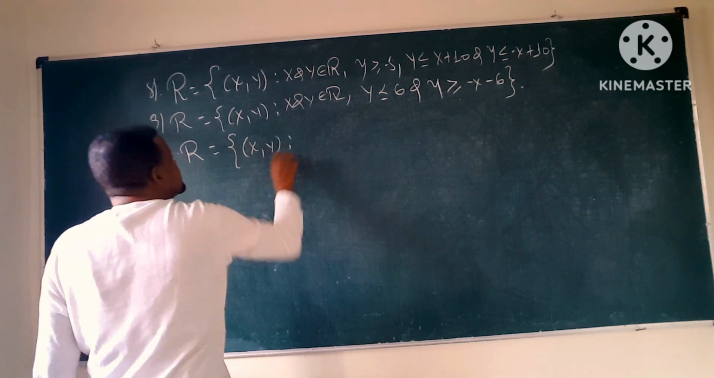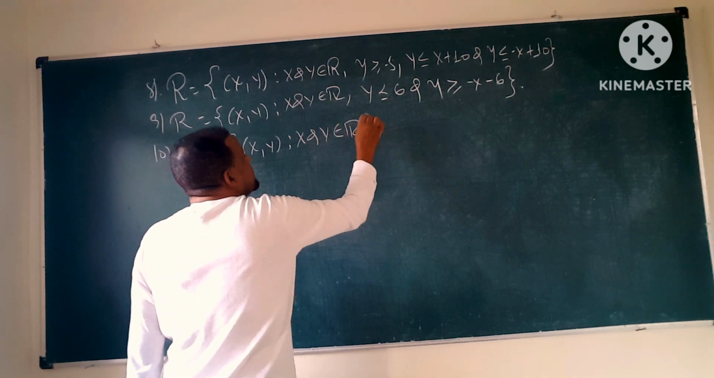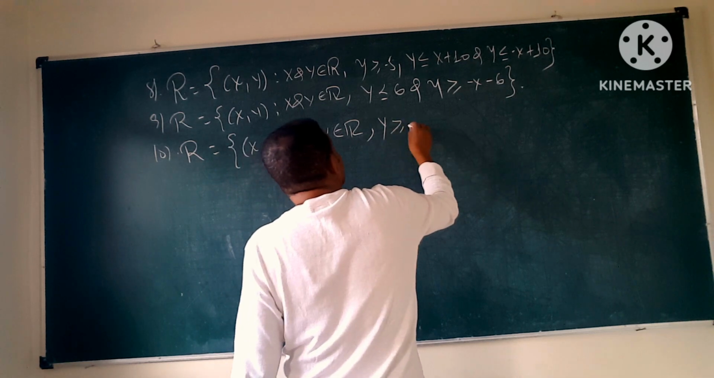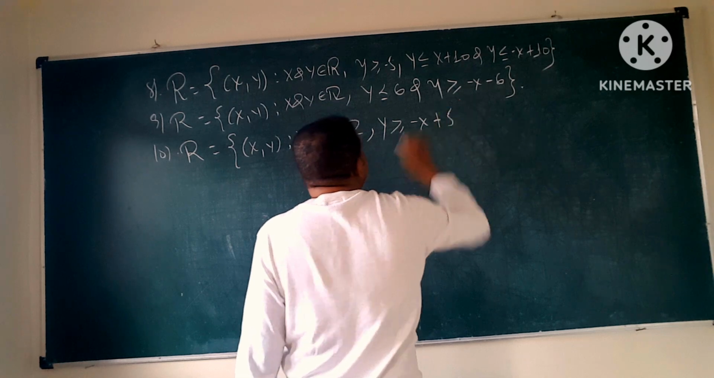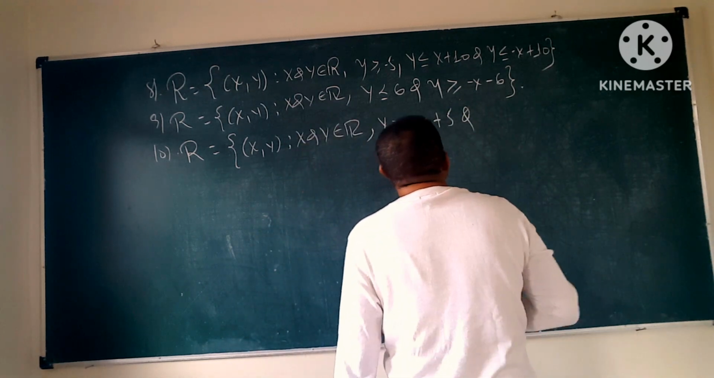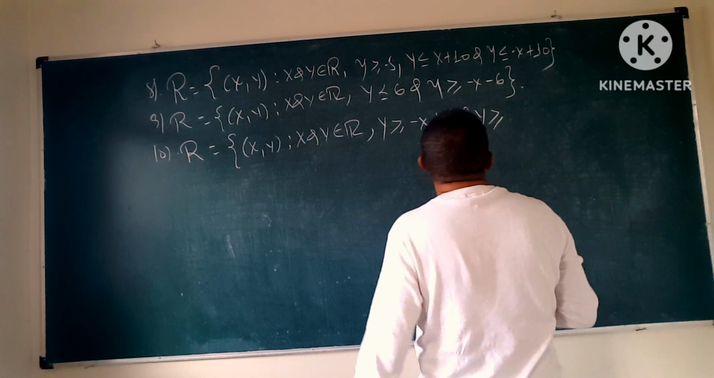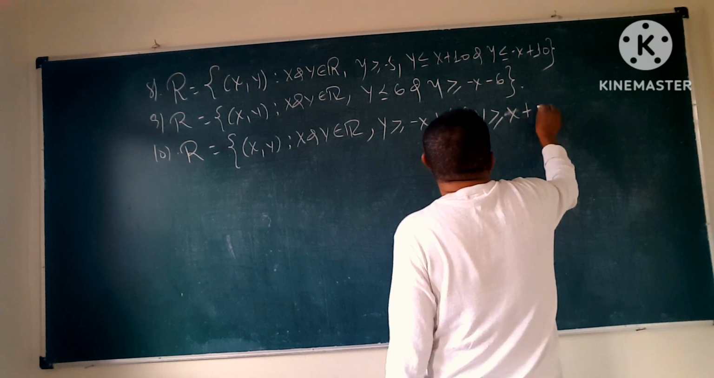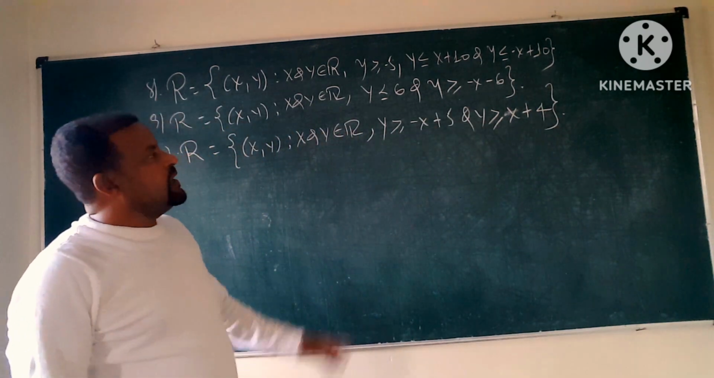ኦኬ አስረኛ: R is equal to the set of all ordered pairs of (x, y) such that x and y are coming from the set of real numbers and say y is greater than or equal to say −x + 5 and y is greater than or equal to say x + say for example 4። እነዚህ ስሯቸው እናንተ።